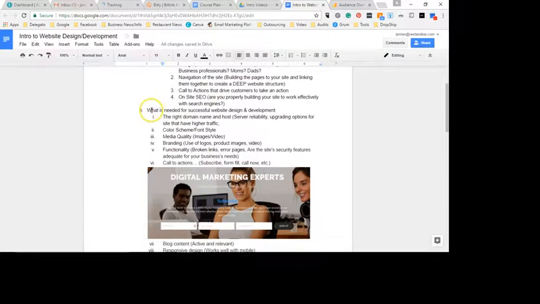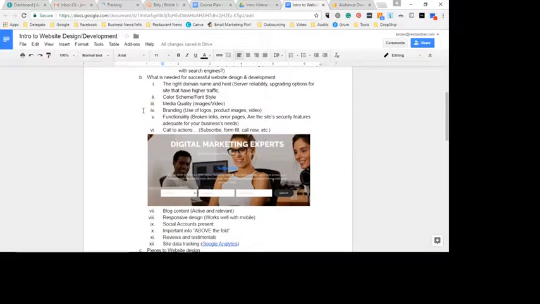What is needed for successful design and development? Basically, a couple things: the right domain name and host. So the domain name needs to be related to your business. It doesn't have to be so niche specific that it's like carsalesman.com. You're a car salesman. Duh. It doesn't have to be that specific, but you do want it to be relatable to your industry, if